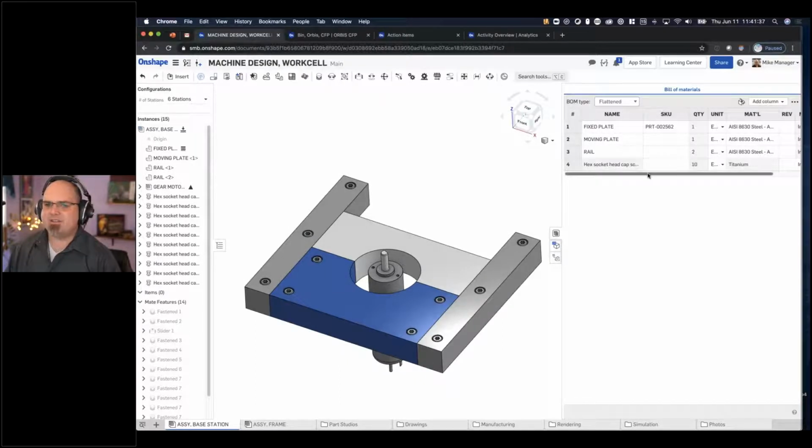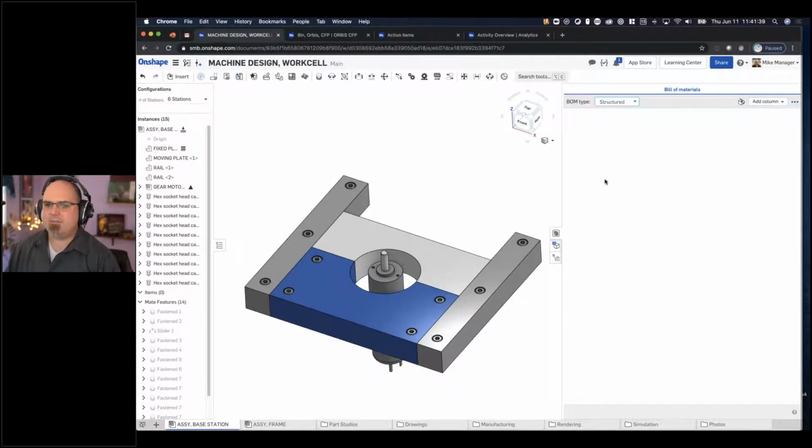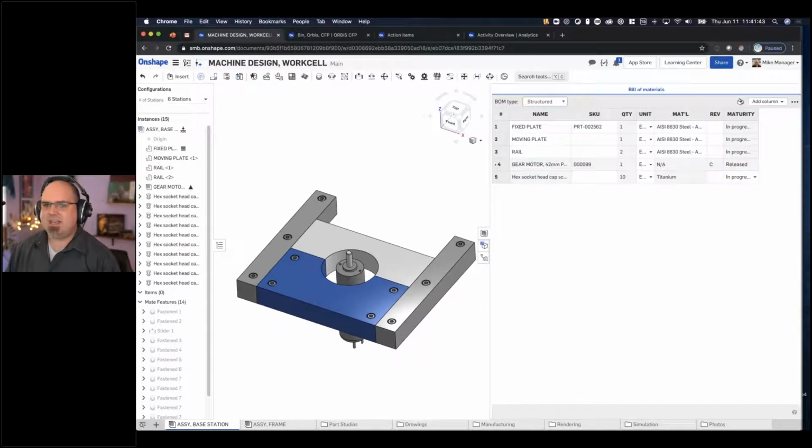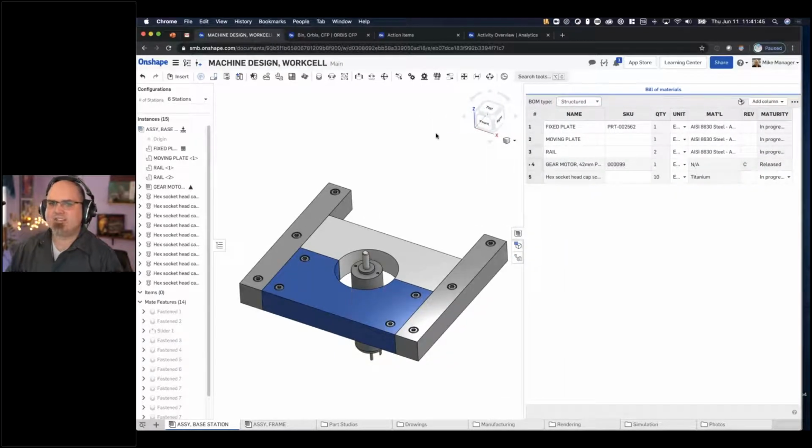We have all our parts showing up. We'll do a structured BOM here showing us the motor and the hex head cap screw and the maturity state of that. So all of that is being created, but maybe I don't want this motor. I want a different motor that came from my current CAD system. So I'm going to import